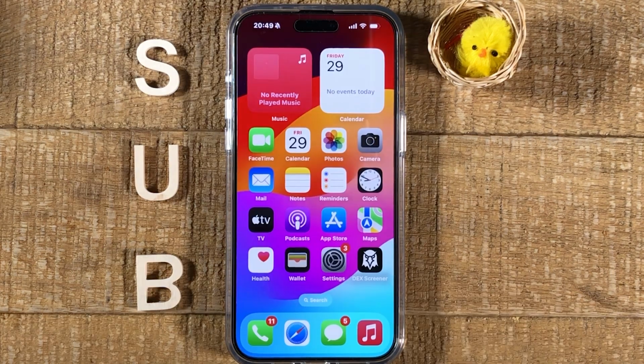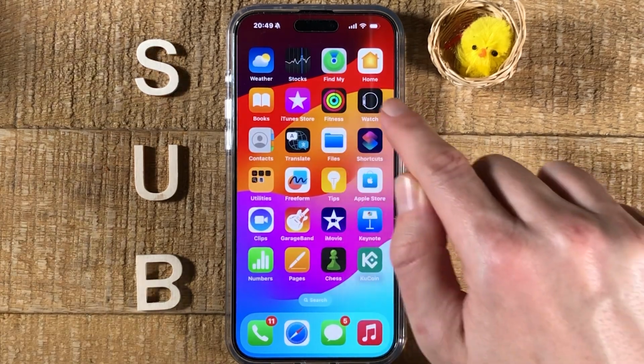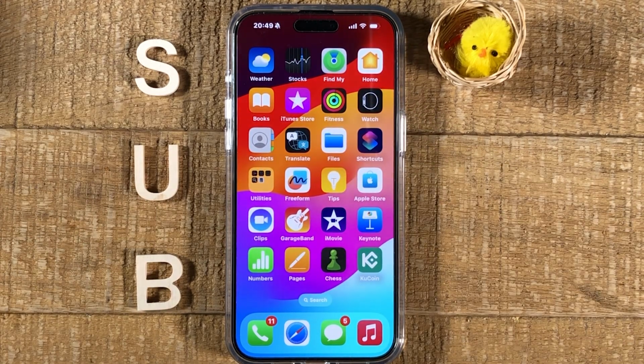The Shortcuts application actually comes pre-installed on your iPhone. If you have deleted it for some reason, you can always go to the App Store and re-download it from there for free. And that's all you need to know about how to set up the action button on the iPhone 15 Pro